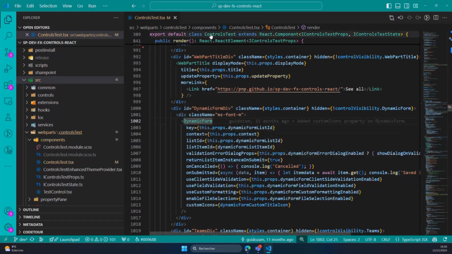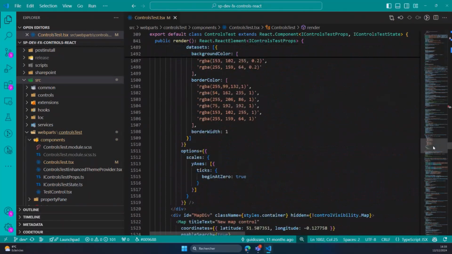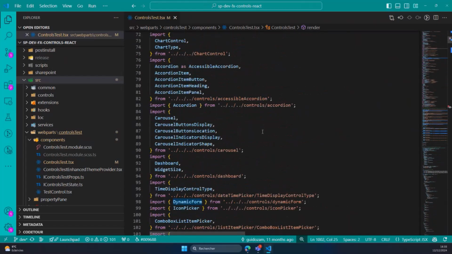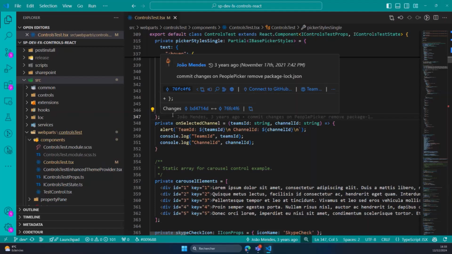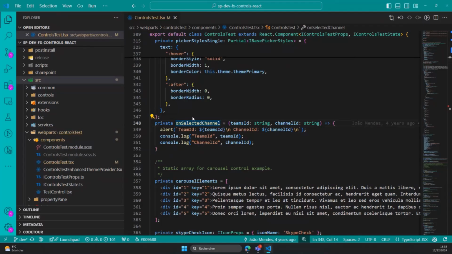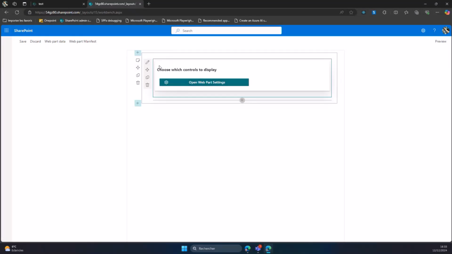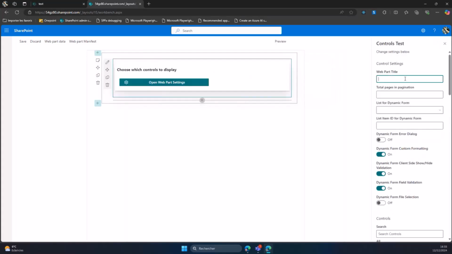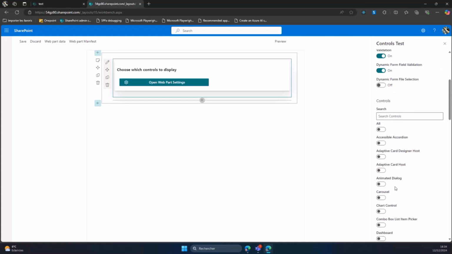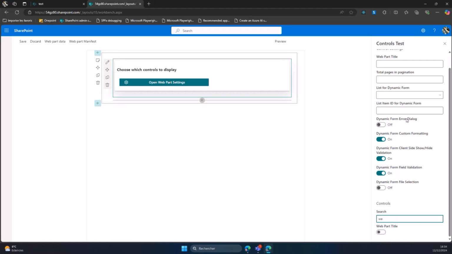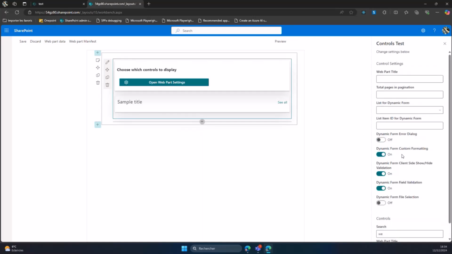every single control. And we have the control test web part, which contains, as you can see, a few components, and which has been enhanced through the ages in order to be more easily testable, if I may say. And if you want to have a look, this is how it is displayed. So when you are running your local server for the repo of the PnP controls, you get this web part. And in this web part, you can configure some of them, and you can choose which control you want to display. So let's say I want to display the web part title. You can have it here and say